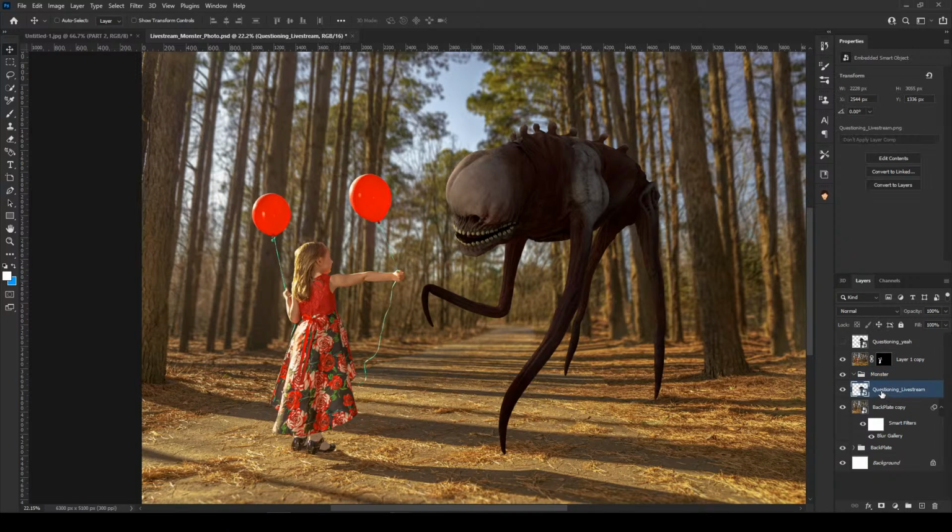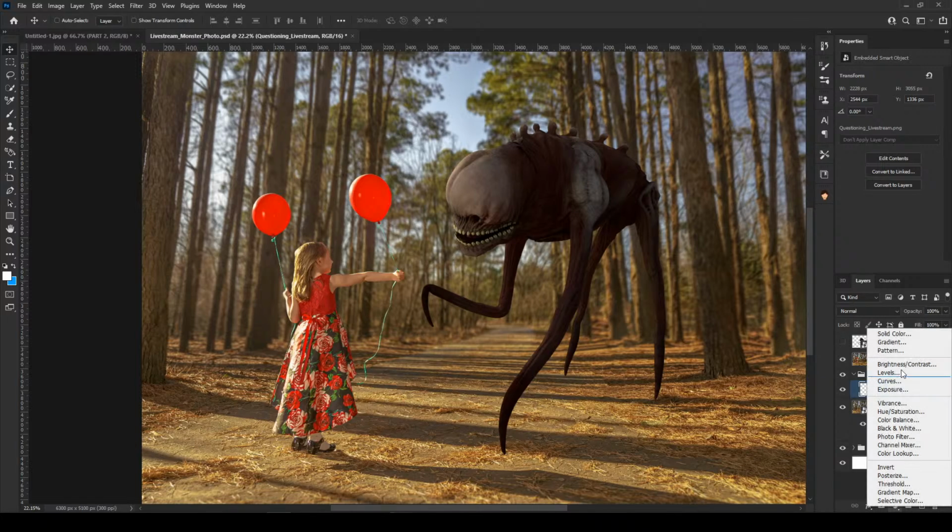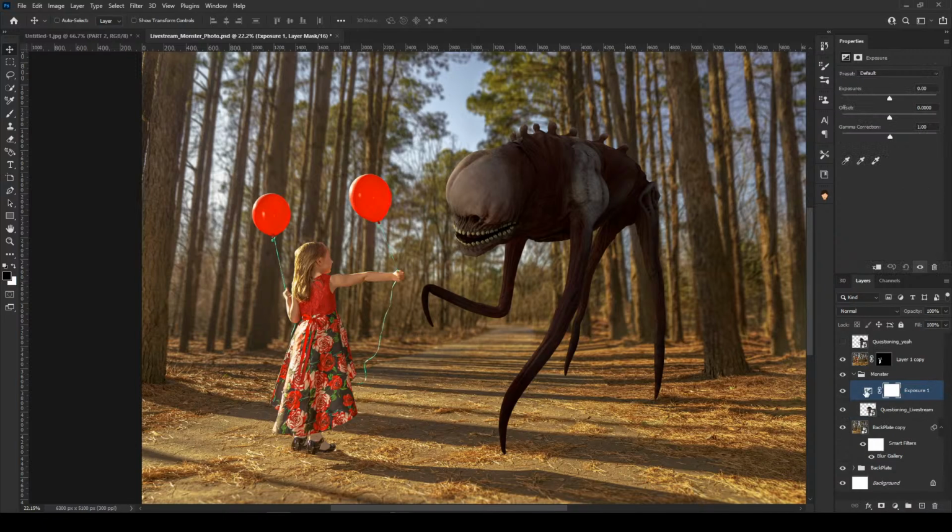I'm going to pull him into our group. That way we know where all of our stuff is, because there's going to be a lot of stuff going on, and I want to make sure all my layers are correctly being portrayed. Okay, so I'm going to go ahead and up my exposure on this little dude,